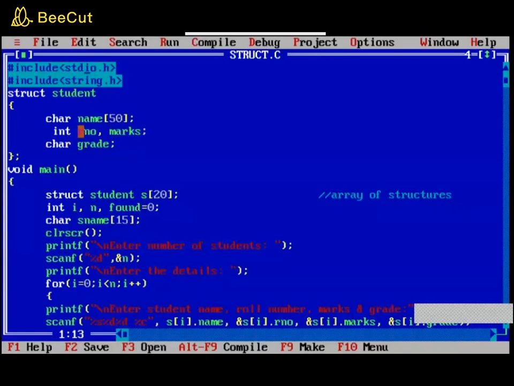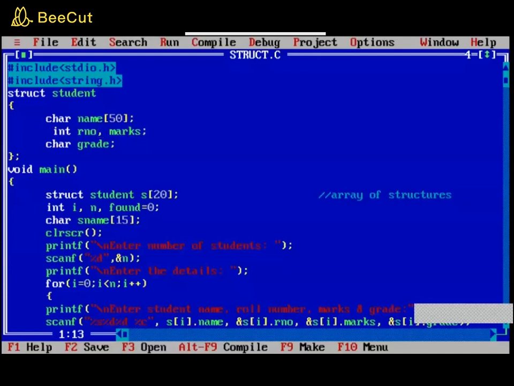If you want, you can take the roll number also in integer, like I have taken the roll number also in integer. If you want, you can take it in char also. Like if you want to enter the USN how you are entering right now, then you have to take it as character. Now you will be able to enter only the last three digits of your USN like that, because I have taken it in integer.